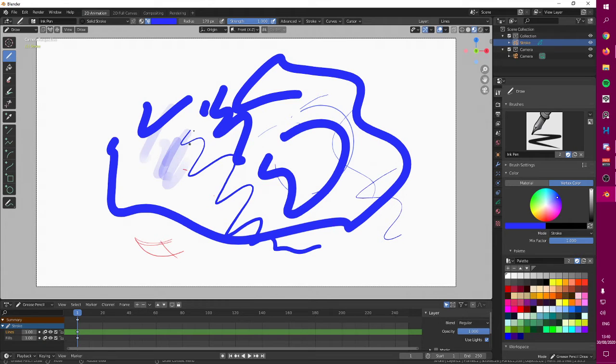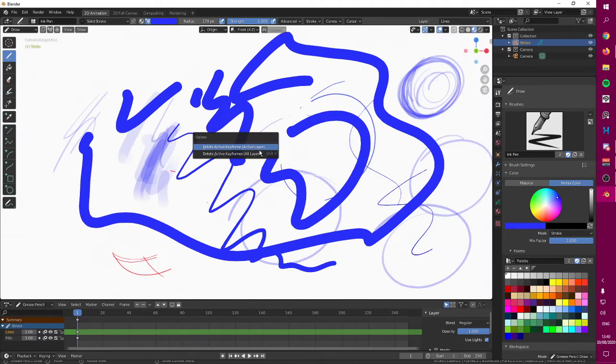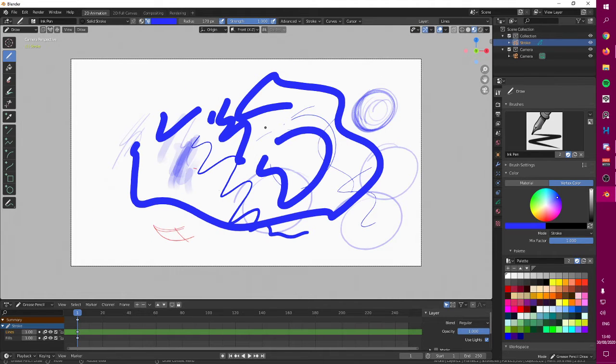And you can also do the same thing for the opacity and the strength. So you can mix both of them, and you're gonna have this result. If you want to erase everything easily, just press X.